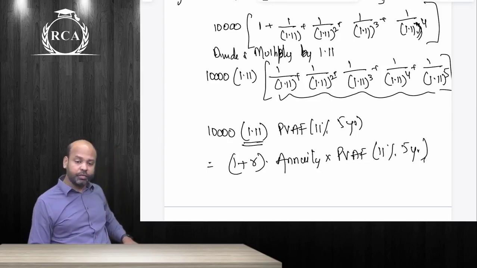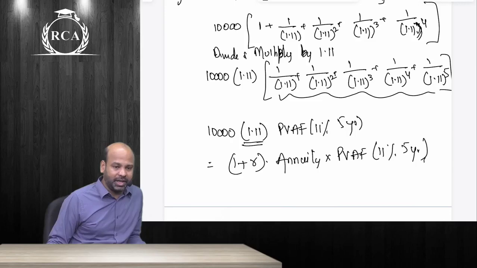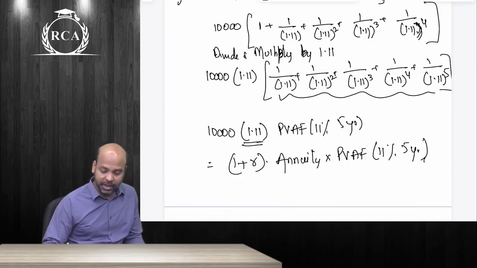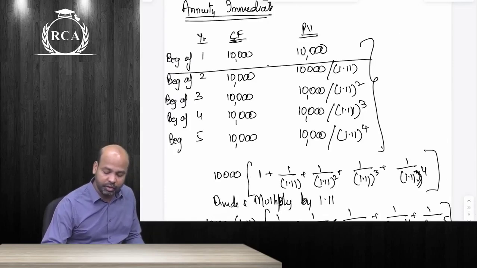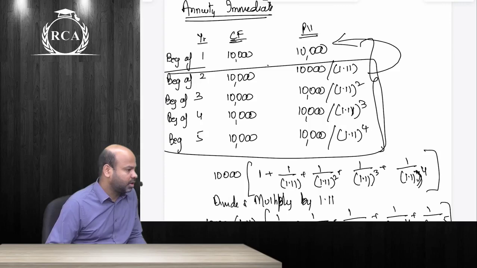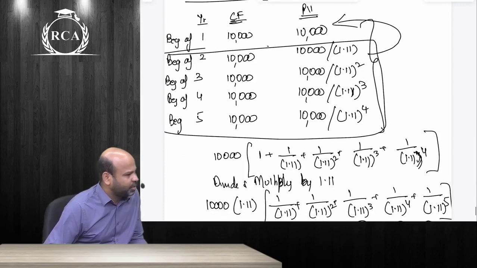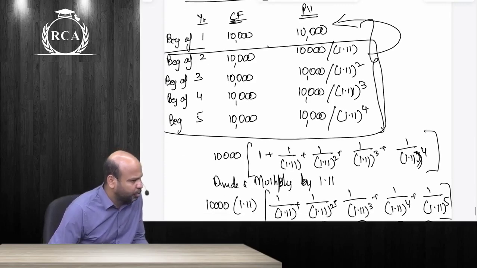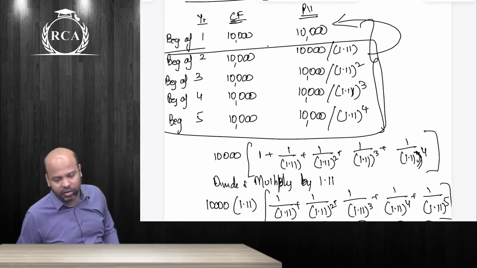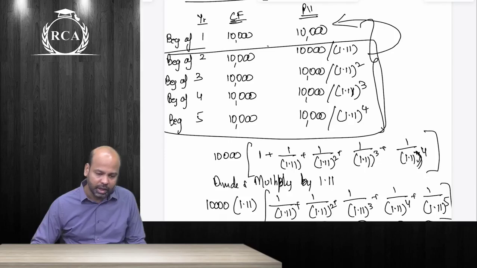This is how you arrive at the present value of annuity immediate. Will we be needing this? Most likely no. Even if they ask the present value of annuity immediate, ignore 5 years, take 4 years and add the first 10,000. The 4 years is the present value of annuity regular only. You compute normally the present value of annuity regular. To that you add another 10,000 rupees. That will become the present value of annuity immediate.